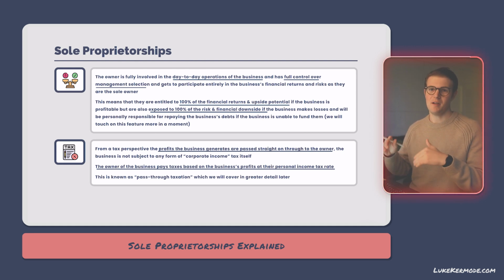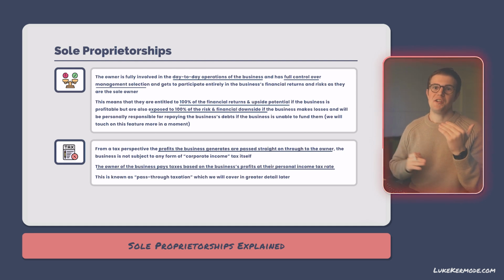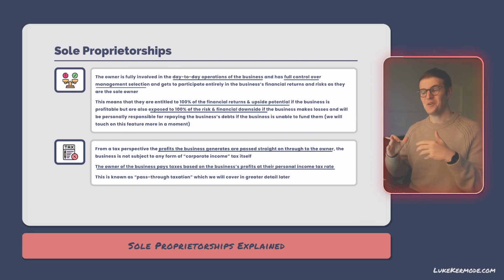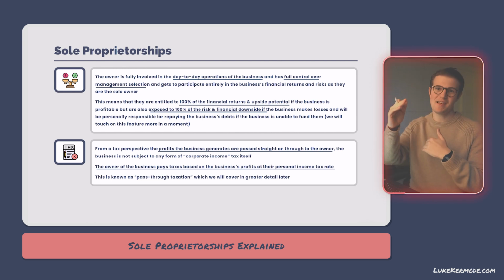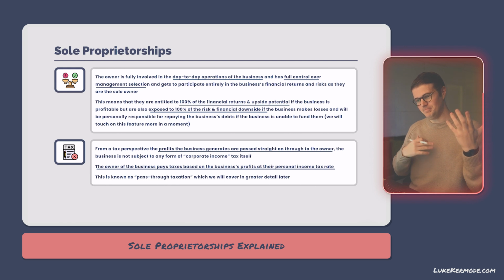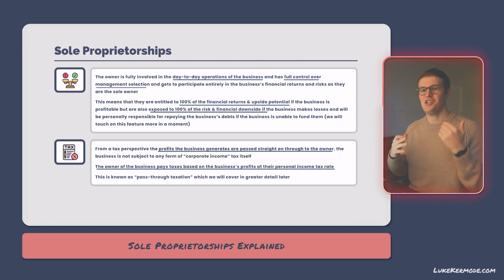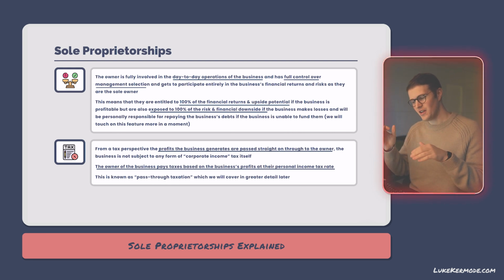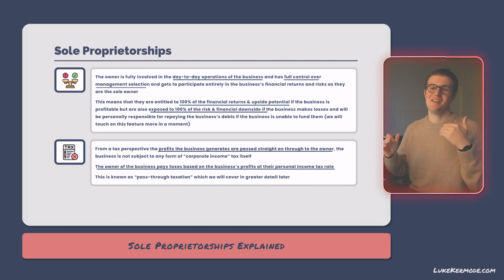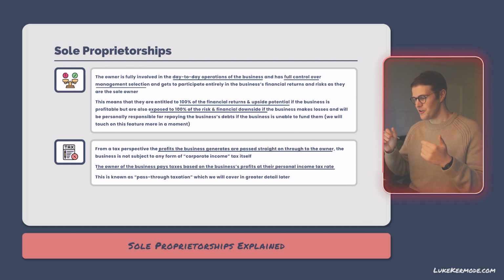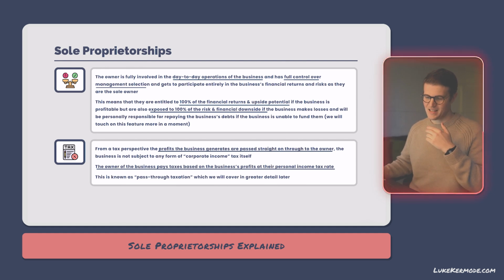A little bit confusing, but you'll see when we get to corporations there's a bit of a contrast, because corporations, public limited corporations, are subject to double taxation, where the business pays taxes and then the owner pays dividend taxes on any distributions that are made. So that's kind of the distinction. But for sole proprietorships, the profits are just passed through, and the owner pays personal income taxes on those profits.